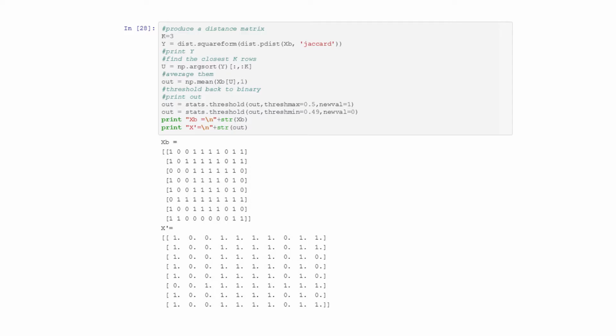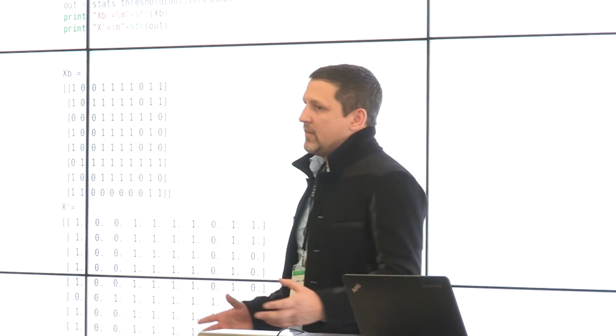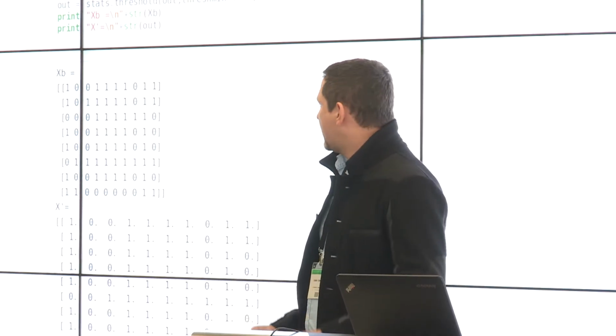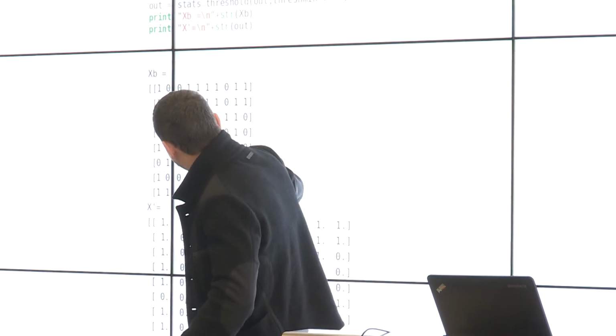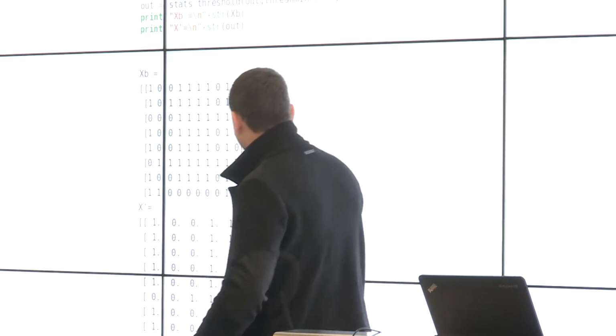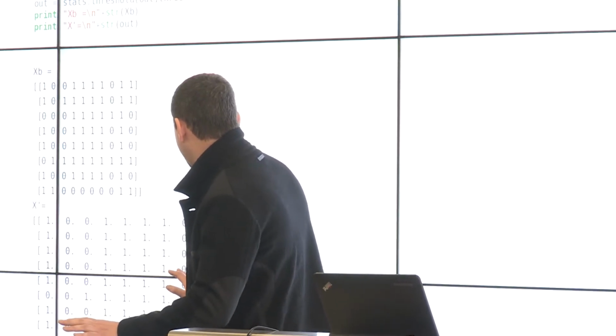So this is all the code that you need to do collaborative filtering on users. It falls out really nicely, and this is what you start with. Initially we're looking at binary data. I tend to focus on making predictions about where you're going to find people rather than how much they're going to buy, mainly because that's the background in protein compound interaction that I came from. So that's the code. This is the matrix that we started with. This is our prediction matrix, x dash. We'll see that it's not a million miles different.